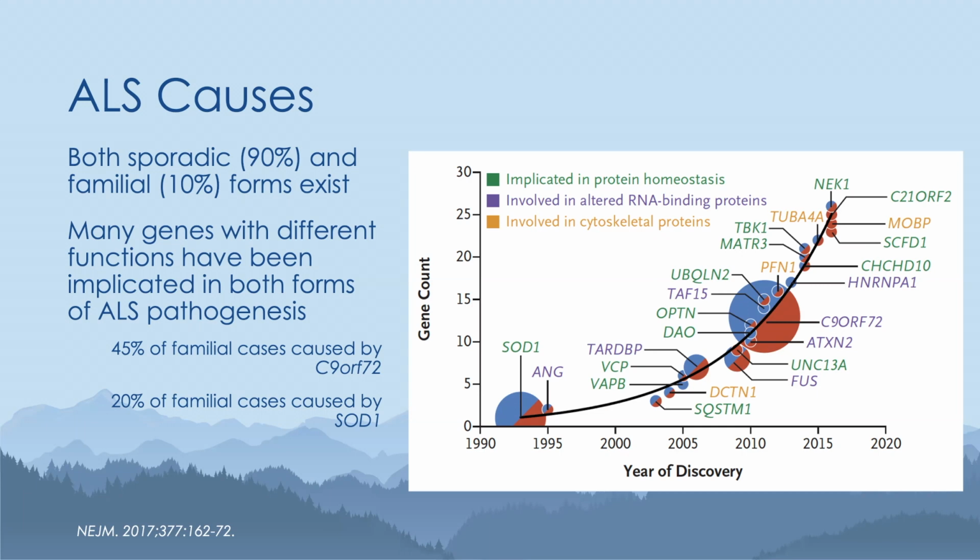see on the x-axis the year of discovery of each of these genes in the graph. And as those genes accumulate over time, you see that graph increment up on the y-axis. Specifically, the size of each of those icons is a reflection of the relative proportion of cases that are marked by mutations in any one of those genes, with the genes C9orf72 and SOD1 causing the majority of these familial cases, followed by a long tail of multiple additional genes, as many as 25 or more.